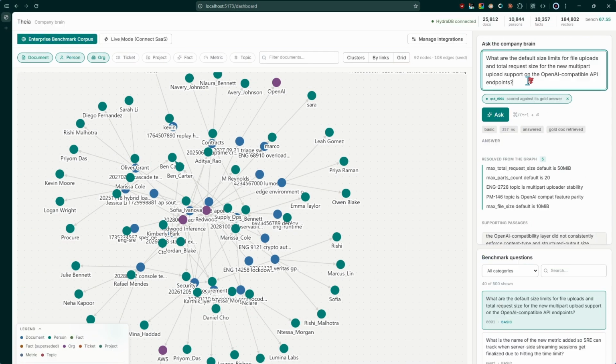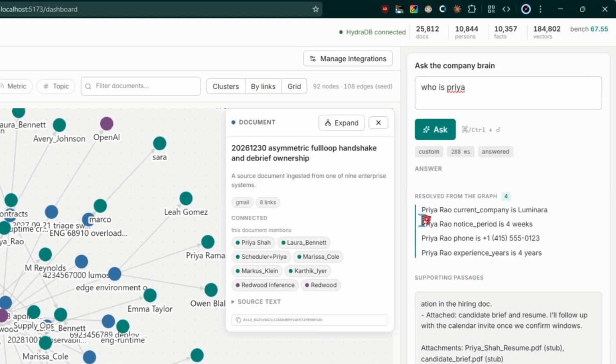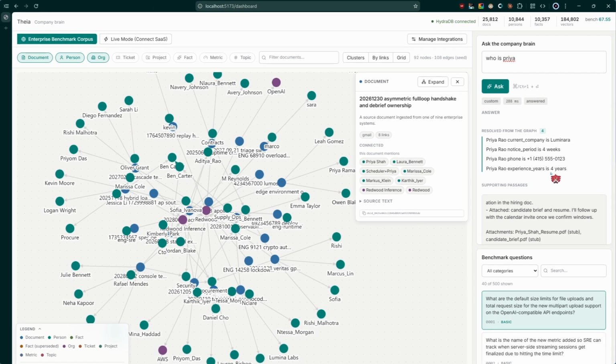Suppose I ask a simple question: who is Priya? Let's see what it actually answers. Okay, as you can see, the answer is Priya Rao, who is currently in here. Notice the phone number. These are not LLM solutions, but if we include an LLM on top of it,